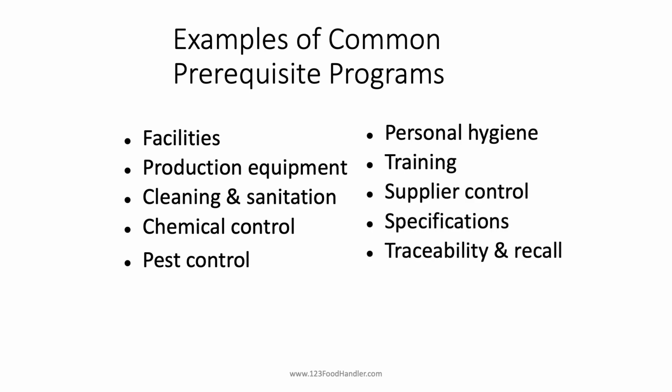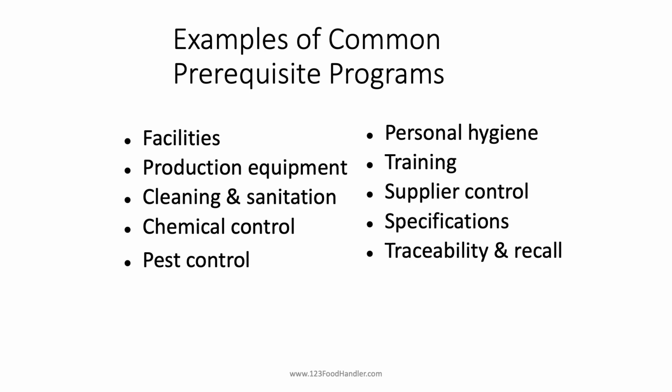So there's a lot of things we can do to get set up to be prepared for when the star of the show comes in. What's the star of the show? Well, that's the food. We sell food. We make people happy. We are in the hospitality business, making people feel good and nourished and happy because they had a good meal. And we want to make sure we're producing safe, wholesome foods. And a good way to do that would be to set up these prerequisite programs.